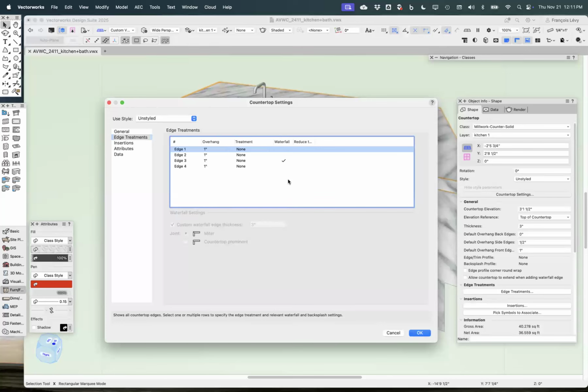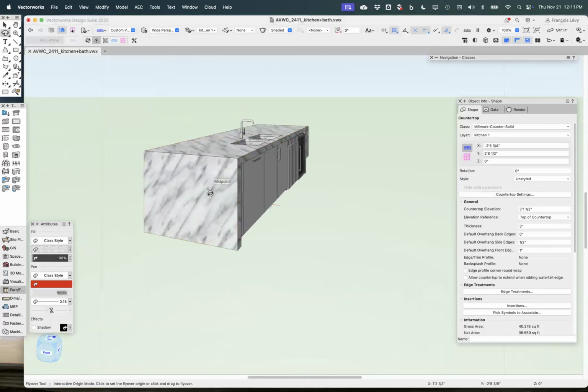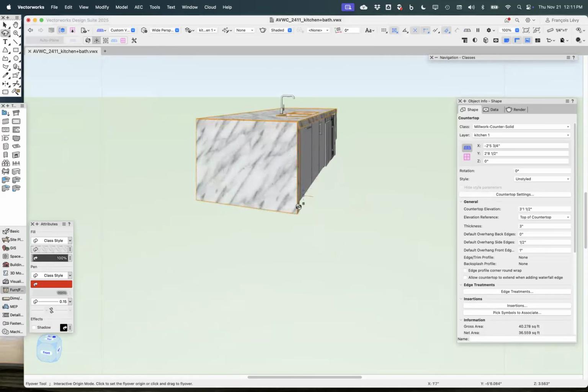Again, I'll show you some details of that. And here on edge 3, you can see that I've got a waterfall. Let me pivot around to it so you can see what that looks like. So prior to this tool, the way we were making waterfalls is with maybe a floor object or an extrusion